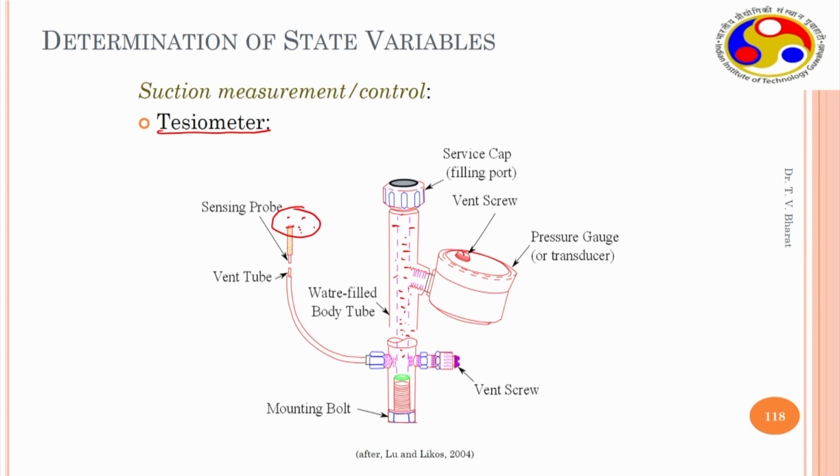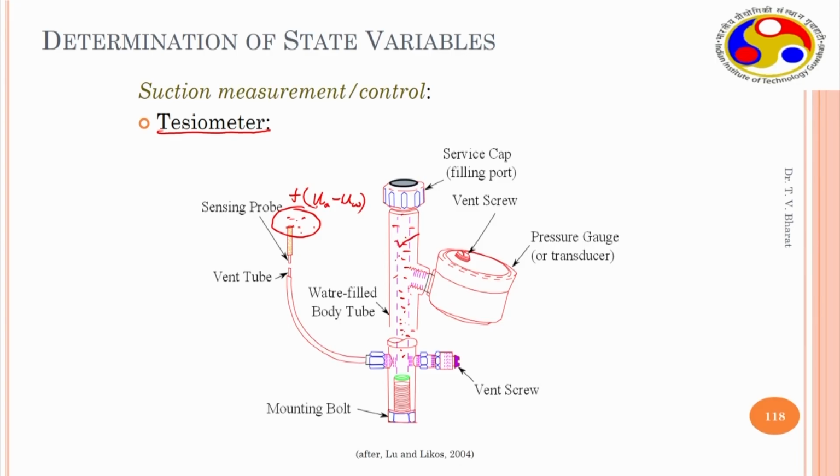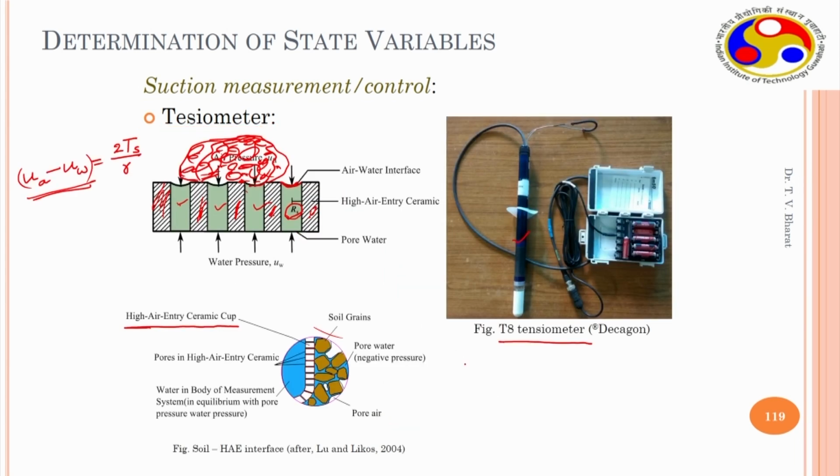So, therefore, this negative pore water pressure, that is, u_a minus u_w being a positive value, indicates that there is a negative pore water pressure in the soil. So, there is a suction pressure exerted on the water which is available here. That pressure can be recorded on the pressure gauge. This way, you can establish the soil water characteristic curve. Or, for example, you take a soil column